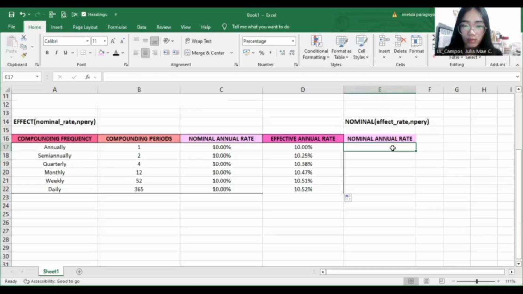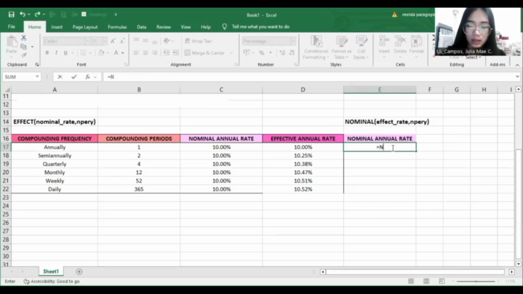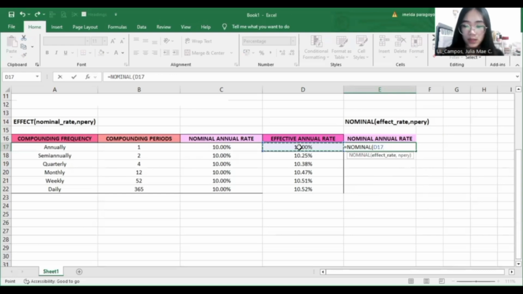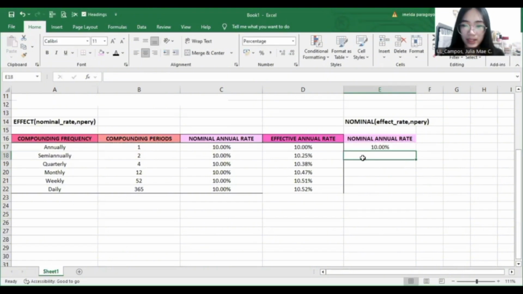So ito at nominal. It's compounding period. So I'm going to implement some